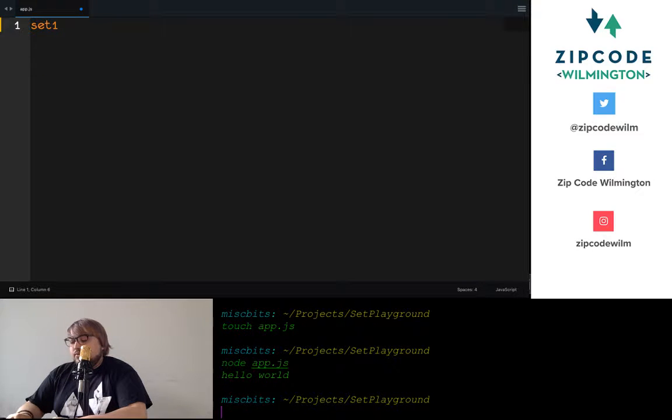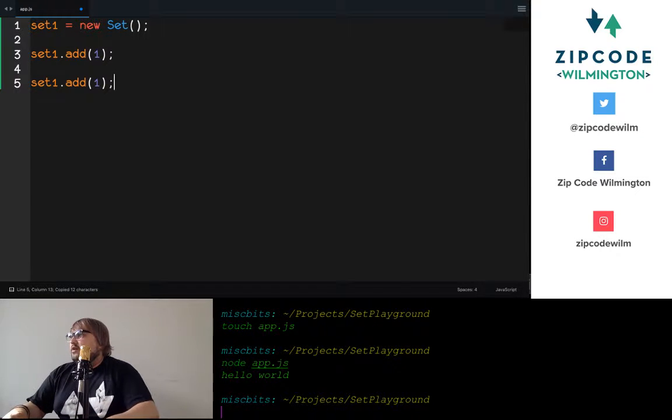I'm going to say set1 equals new set, and then I'm going to add something to this set with set1.add. I'm going to add 1, and then I'm going to add a few more items. Let's add 2, 3,